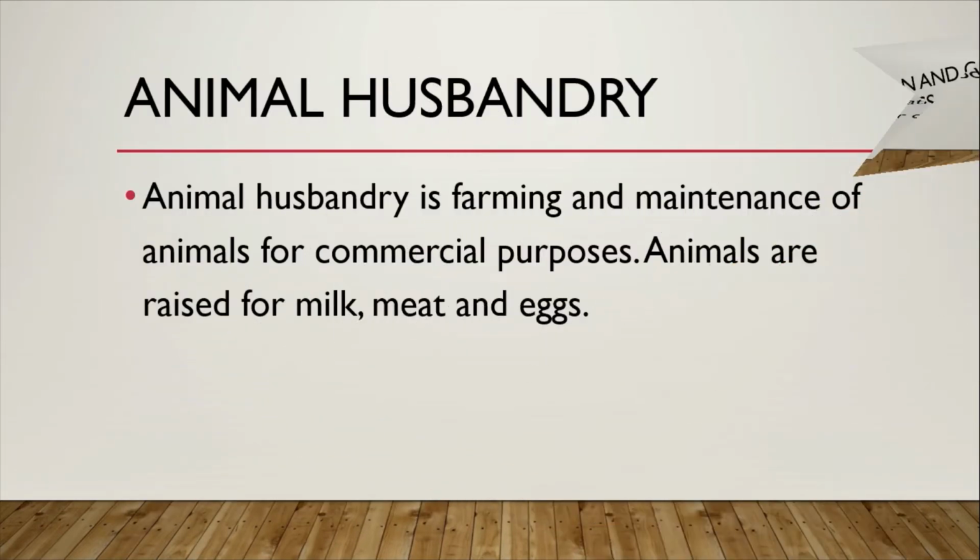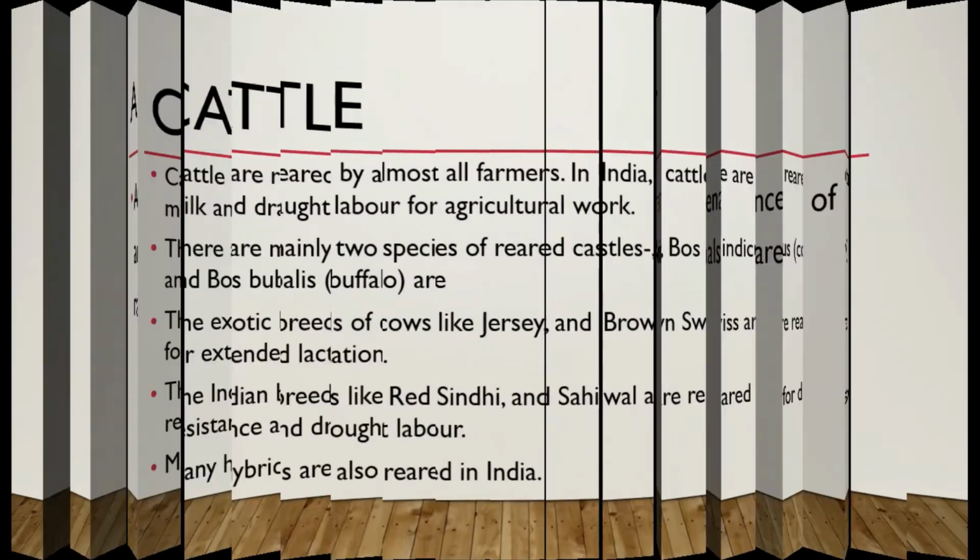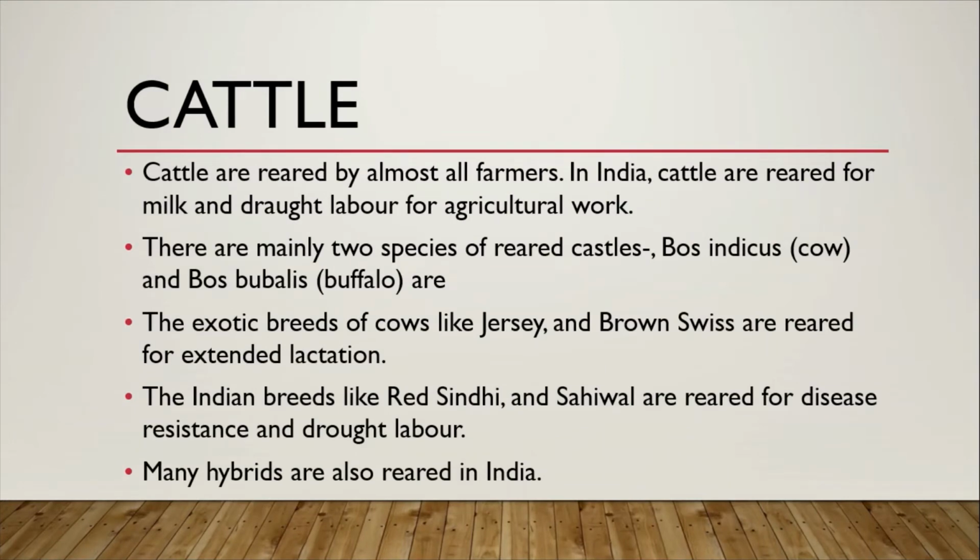Animal husbandry is farming and maintenance of animals for commercial purposes. Animals are raised for milk, meat and eggs. Cattle are reared by almost all farmers in India. Cattle are reared for milk and draught labor for agricultural work. There are mainly two species of reared